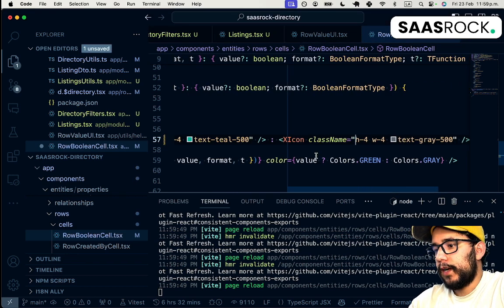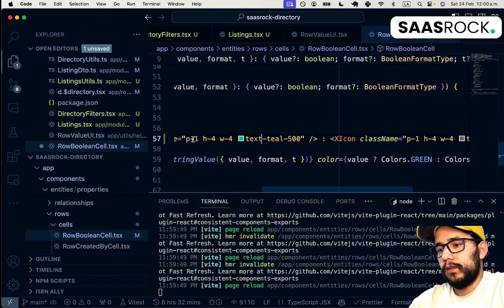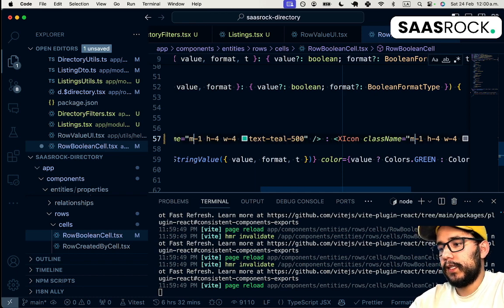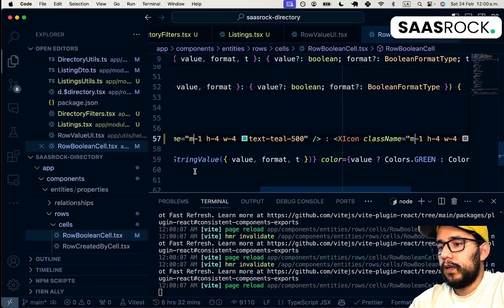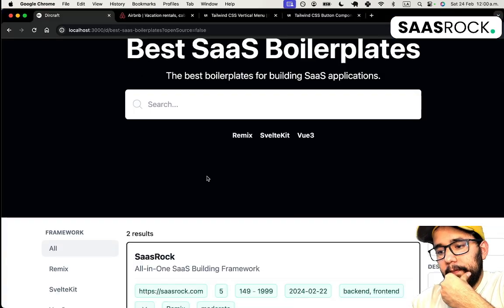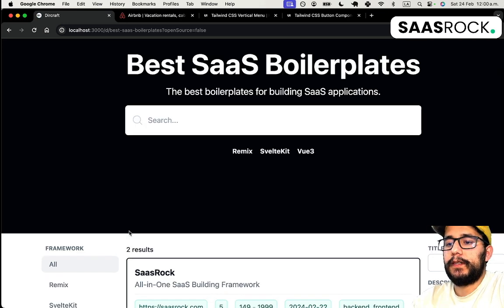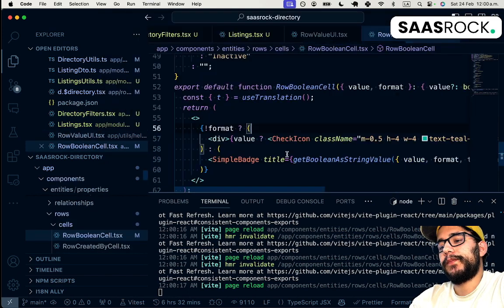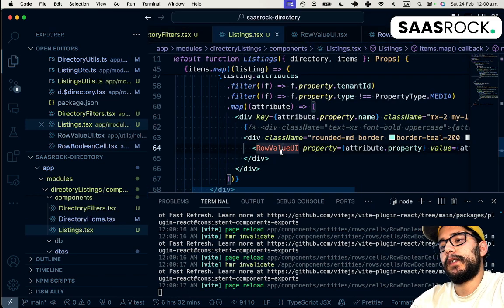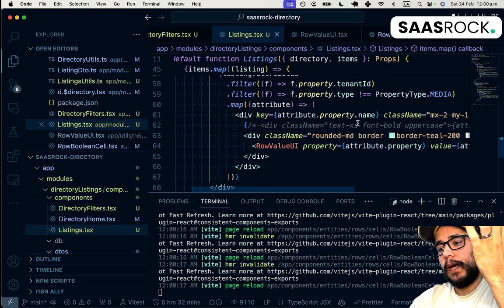So let's try, instead of adding padding, margin, or increasing the size of the icon to 5. But let's try with margin first. Okay, maybe not 1, 0.5. But it's not rendering the what it is. So for this, how should I call it, layout, I'm gonna put